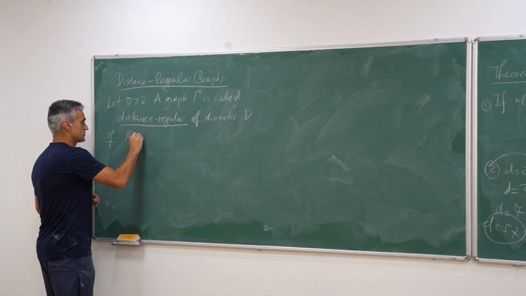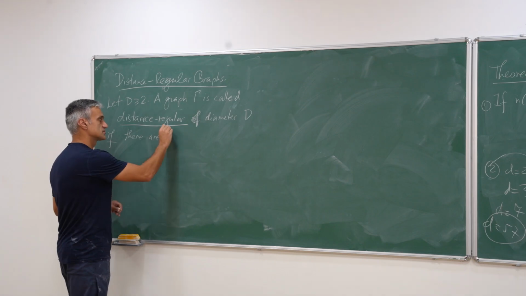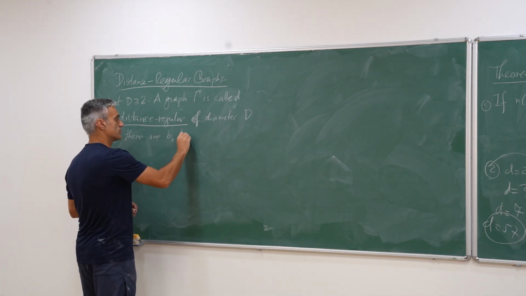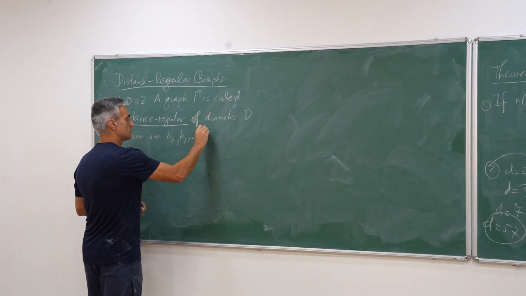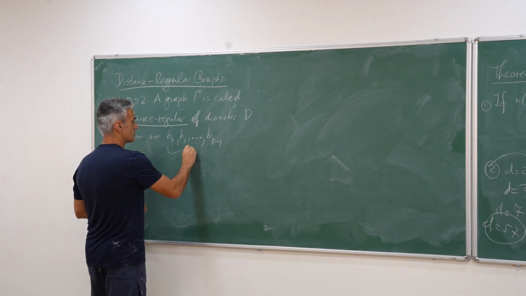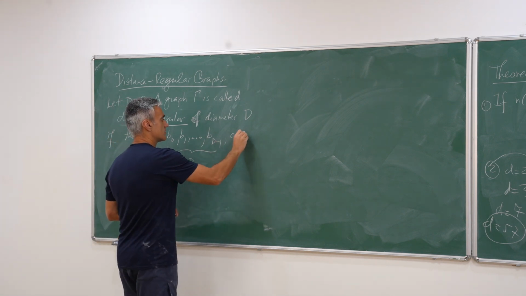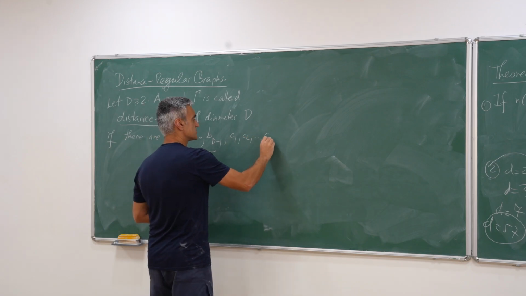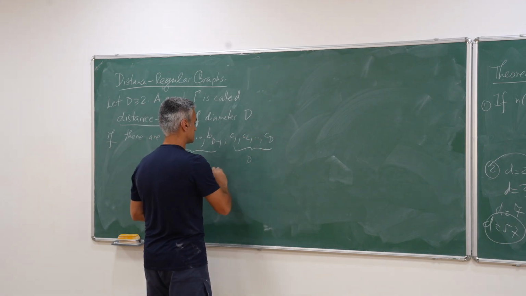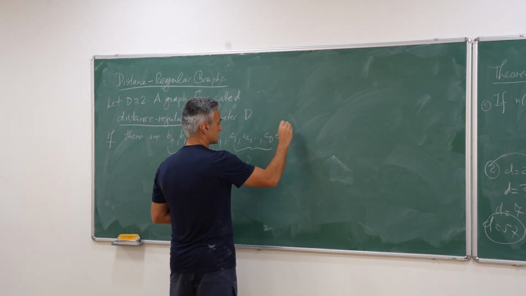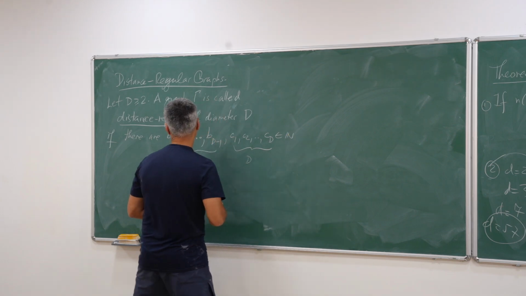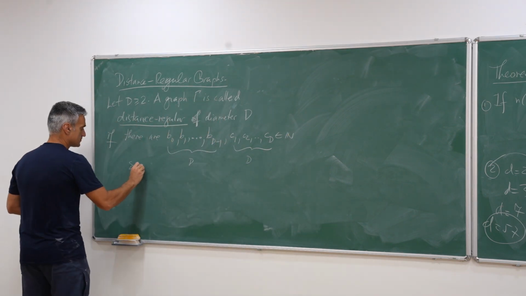If there are some numbers b0, b1, up to b_{d-1}, so you have d numbers, and then you have other numbers c1, c2, up to cd, also d numbers, natural numbers, such that